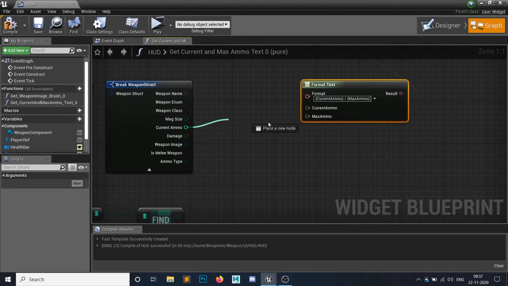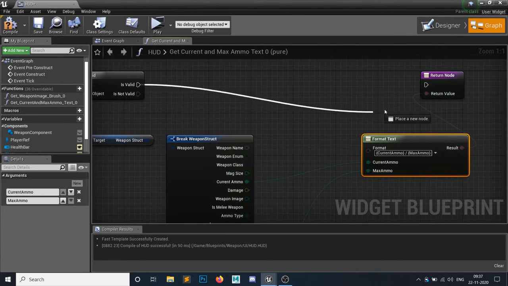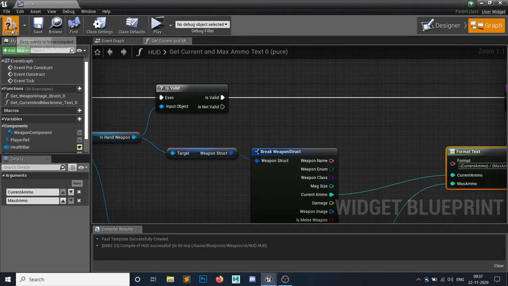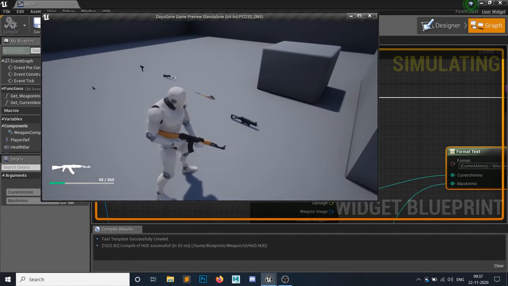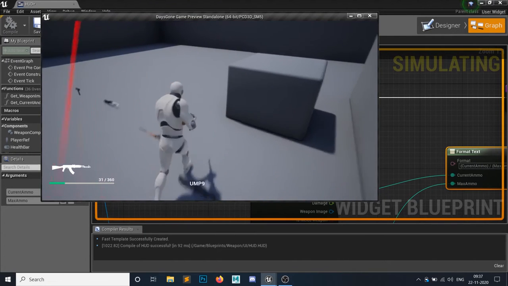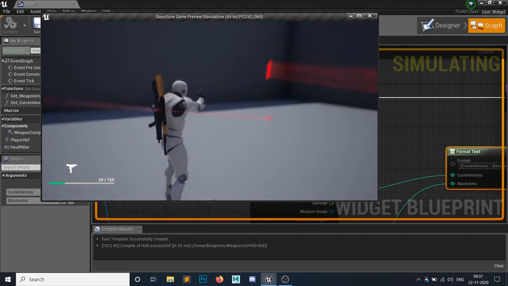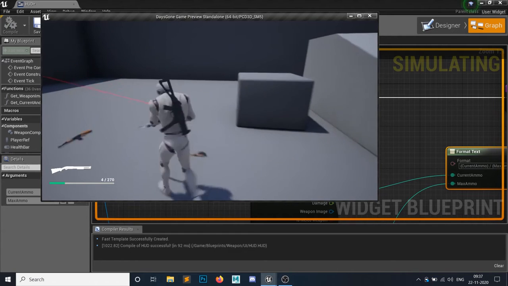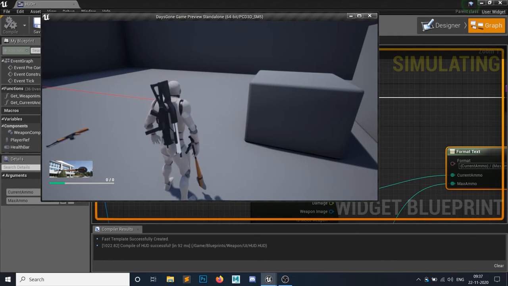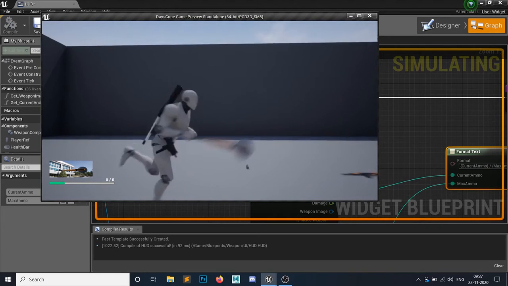So for integer it changes to integer. The maximum ammo is this one, hit compile, and if I hit play, as you can see it changes. Same way with this. Okay, it is working.